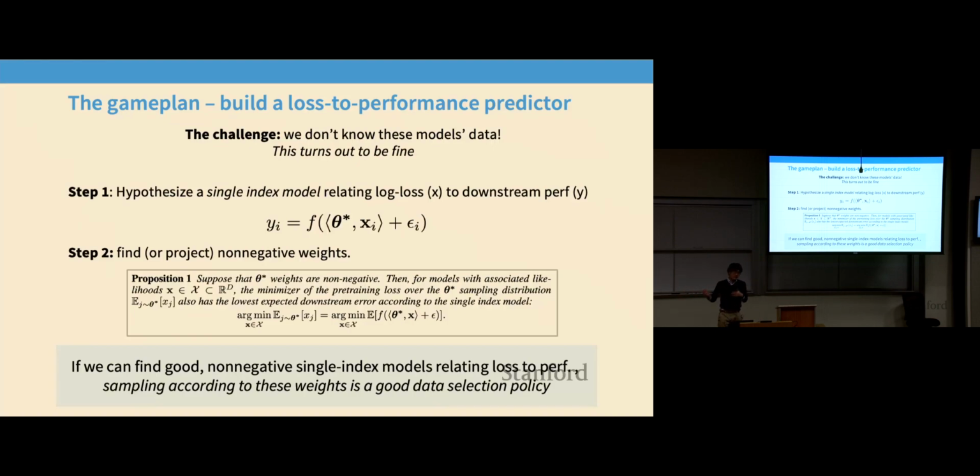And if I can do that, I might as well train on those log losses, because that's probably also going to optimize the downstream performance. So this is just a very simple idea that turns out to let us directly select data using publicly available models. No model training required. It's a very nice thing that we can do.